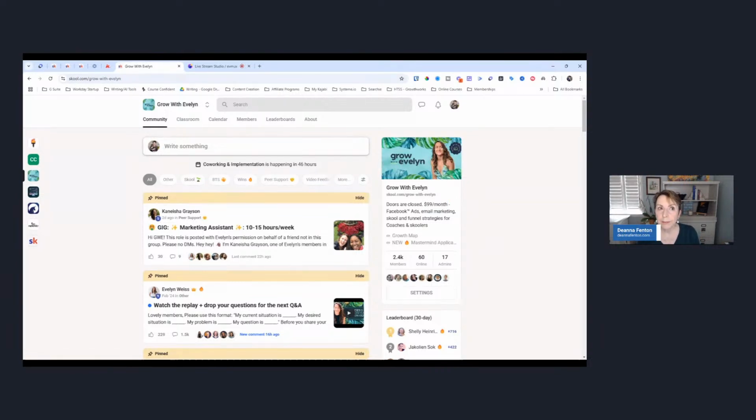She started low ticket, and then she was driving traffic to the Skool that she created and raising the price every month until she hit a level that she was comfortable with, taking into account the churn rate that she has with members. Because keep in mind, this is structured as a membership platform where people can cancel depending on how you've structured it, right? You can have a monthly membership where it's charged monthly, or you can charge an annual fee.